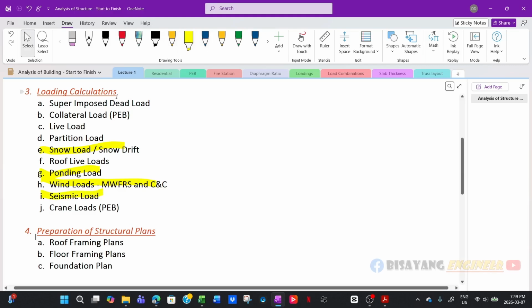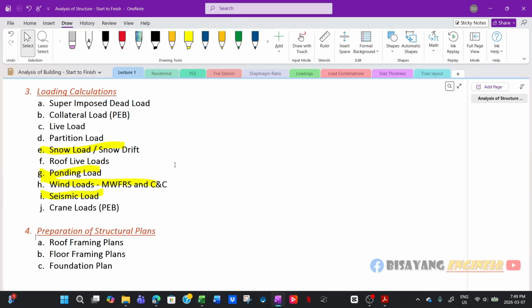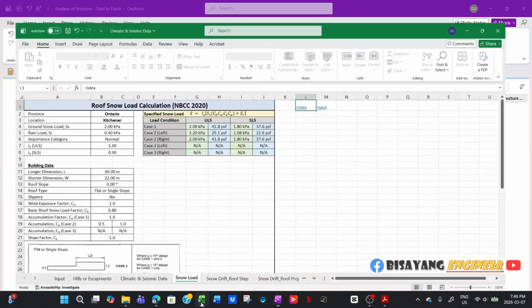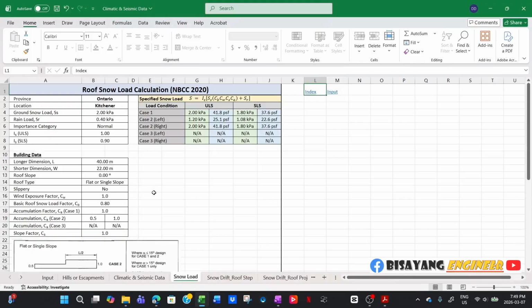Because these calculations are repetitive, like in every project you have to do load calculations, when I work on a project, if I don't have a spreadsheet, then I will create the spreadsheet first. So when I started working here, I developed my own spreadsheet, and so this is